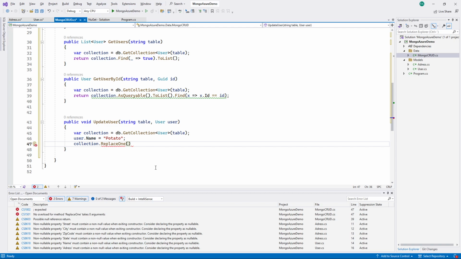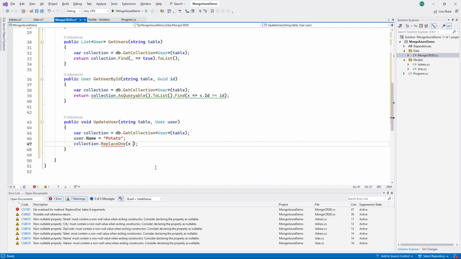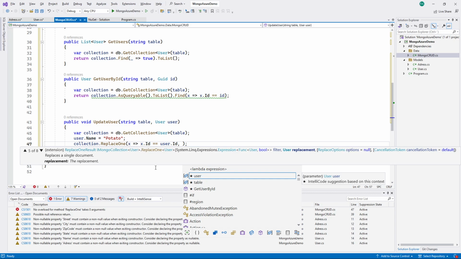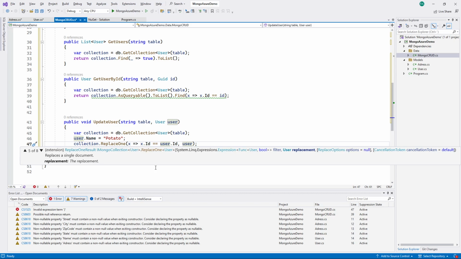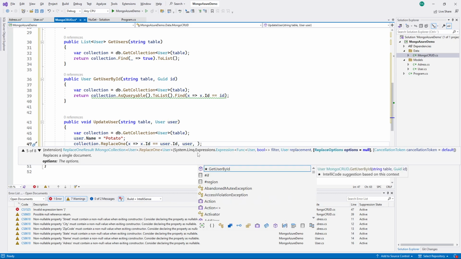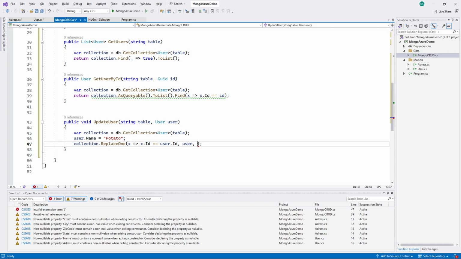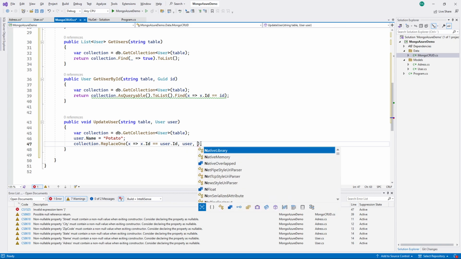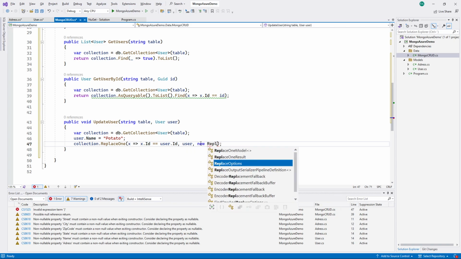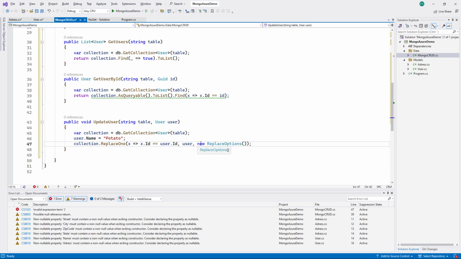And then which one do we want to replace? We have three. We need three arguments here. So we need a filter. So we want to replace where x.id equals user.id exactly. And then the second argument, what do we want to replace? We want to replace the user itself, or with what? So it's the user we want to use. And then we need a replacement option. So we need to do new replacement options. And then in here we'll put